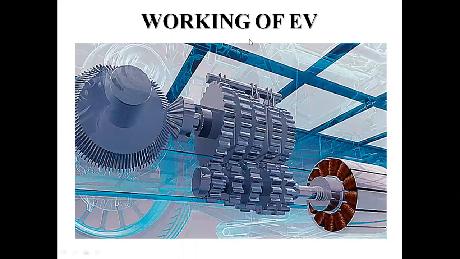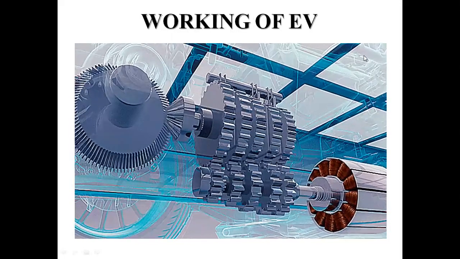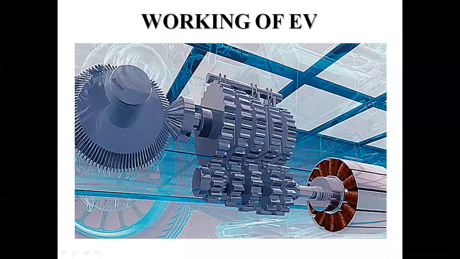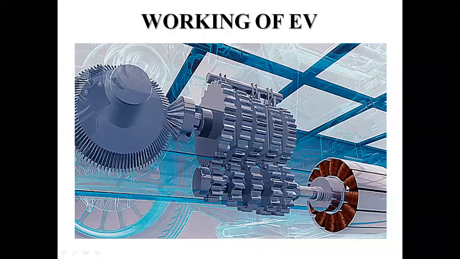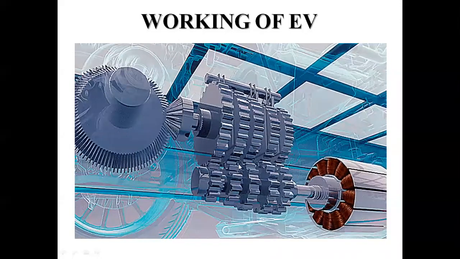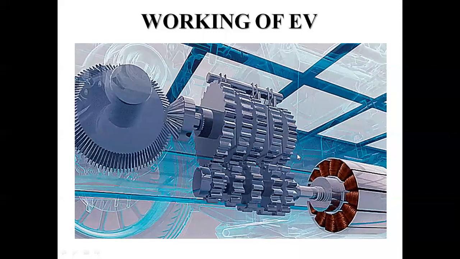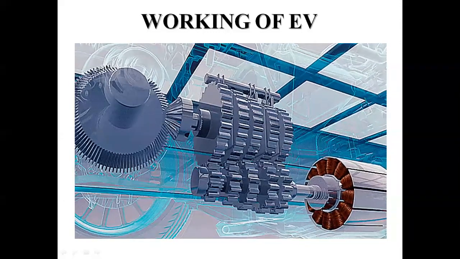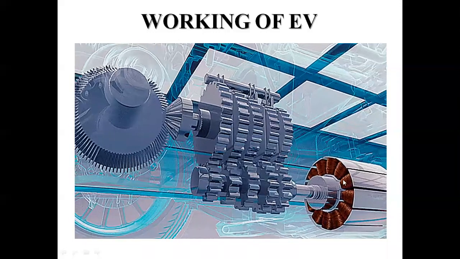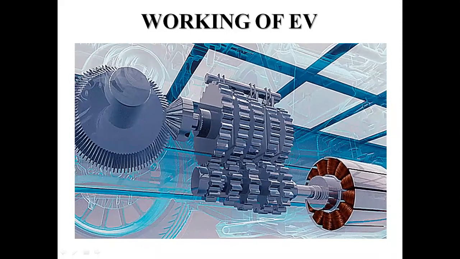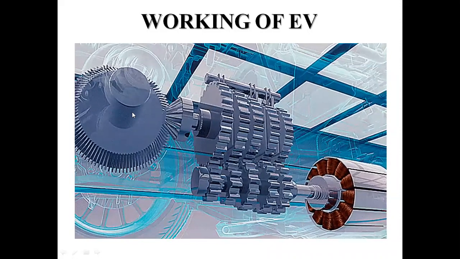Now if you look at this electric vehicle, you have a transmission. This is your motor, which is rotating, and you have a number of gears. These gears enable you to run at a higher RPM. That means if this motor is running at, let us say, 100 RPM, you can run the vehicle with the help of these gears at 1000 RPM. You are increasing the speed by 10 times. So if it is running at 10 RPM, this will run at 100 RPM.